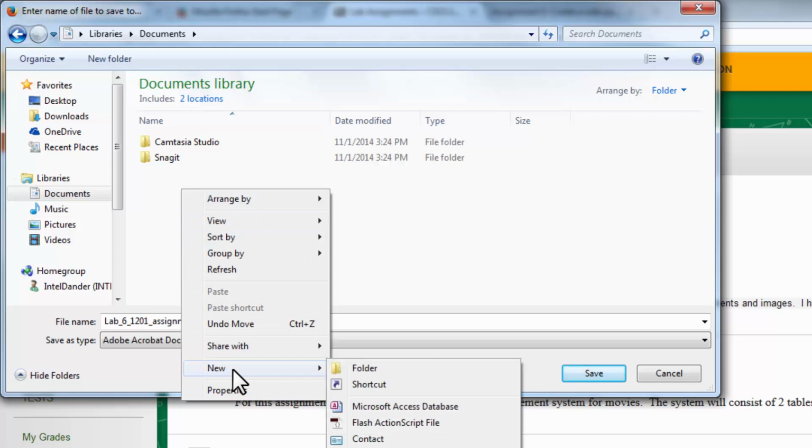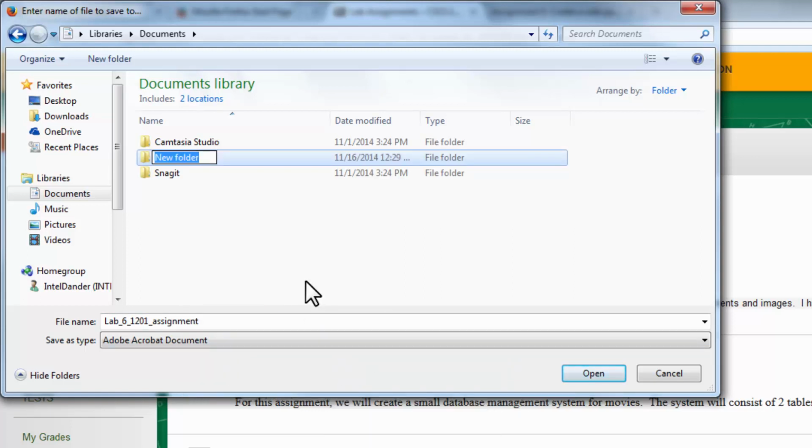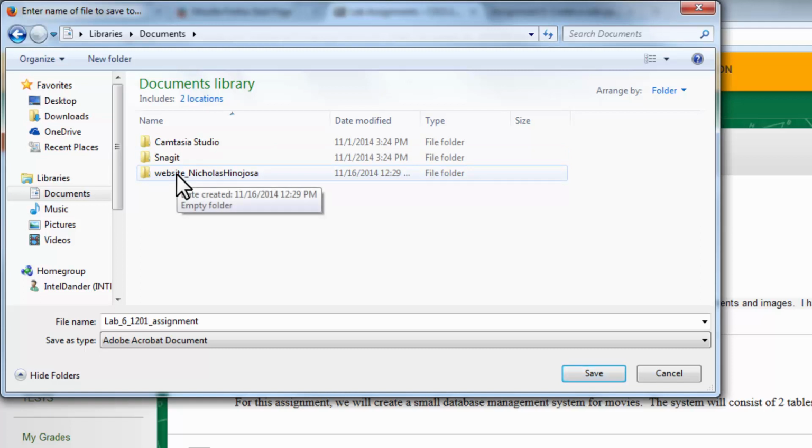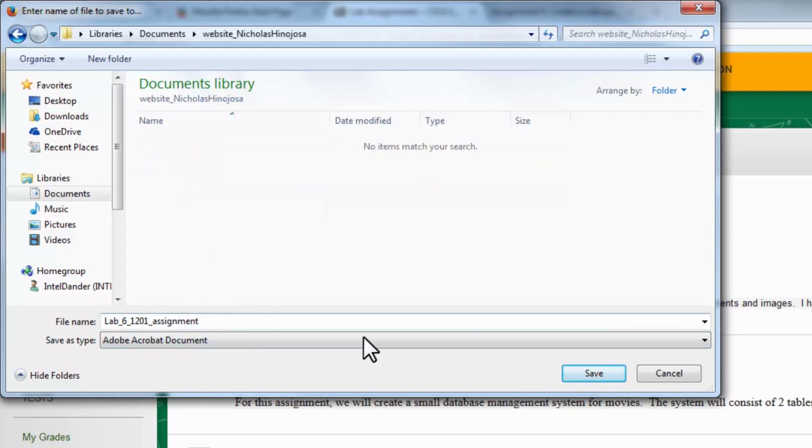Okay, so here, let's go ahead and create a new folder. This is where we're going to store all our website information. So go to Folder here. Let's call it website underscore your name. This will make it easier for me to grade because I'm going to download all your files and then view them through the browser, since I can't grade it through Blackboard. So just putting your name would make it a lot easier when I download it, so I know exactly whose website it is. Okay, so now that we have that folder, go ahead and double click on it, save the PDF there,